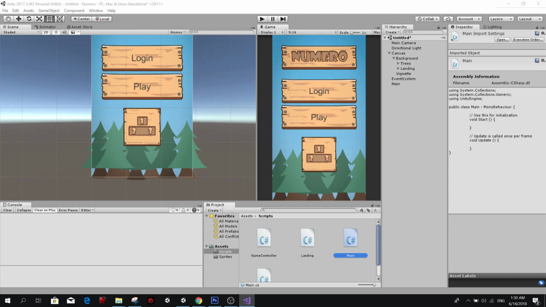So here I'm going to have a public, or it doesn't have to be public, but make it public, landing. Yeah. So landing is going to have a game object.